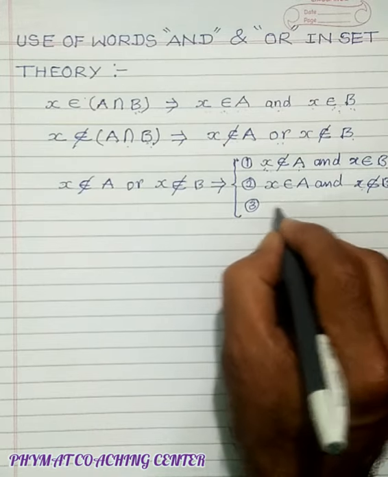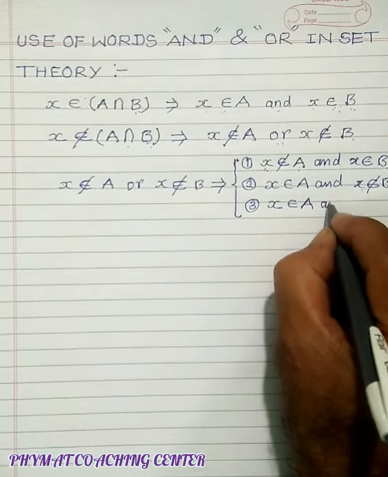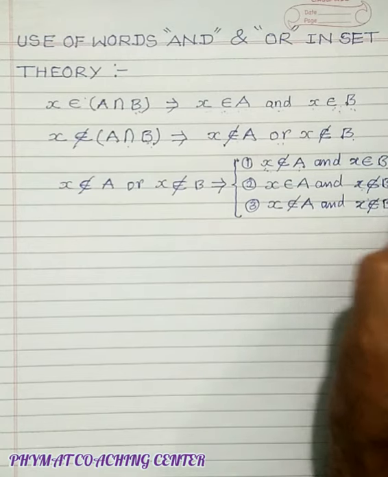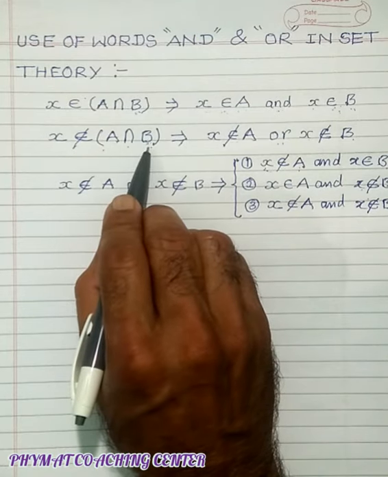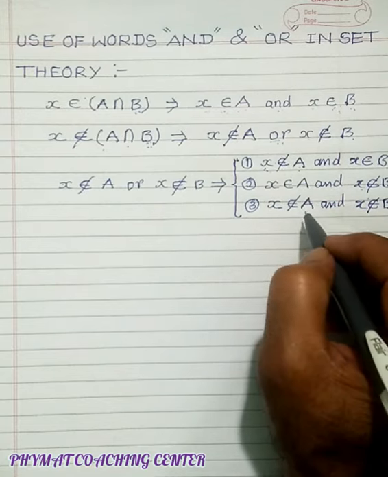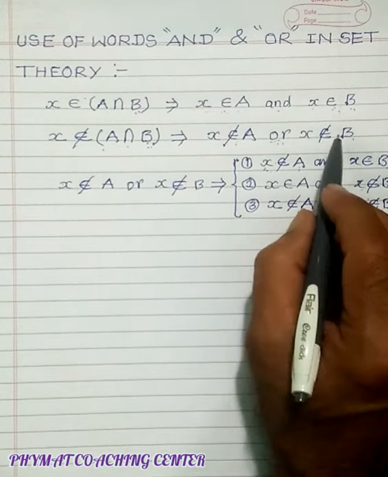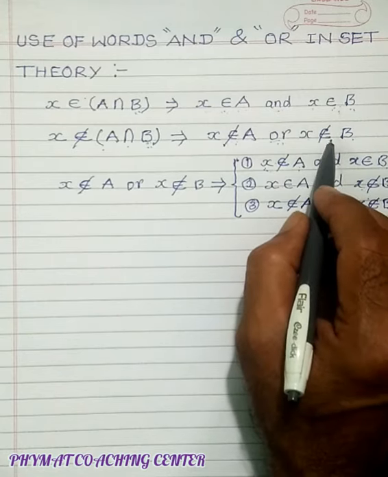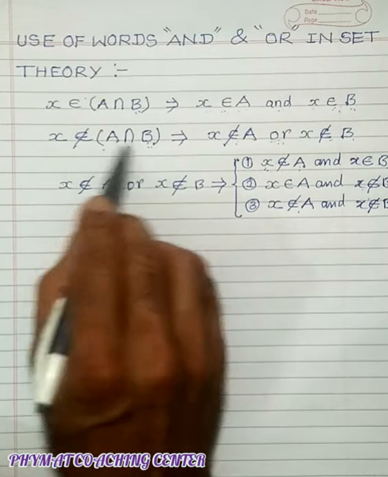Third possibility is x is neither a member of A nor a member of B. Then in this case also, from the definition of intersection, it cannot be a member of A intersection B. Thus use of word "or" reflects toward these three possibilities. Whenever at least any one of the two statements or both of the two statements need to be followed, then we use word "or" to satisfy the previous statement.